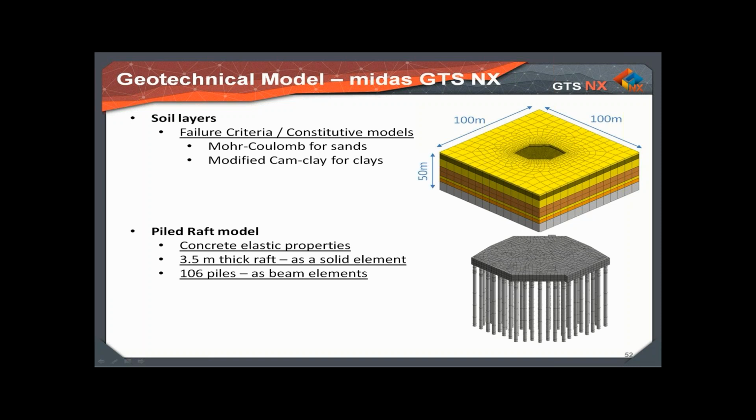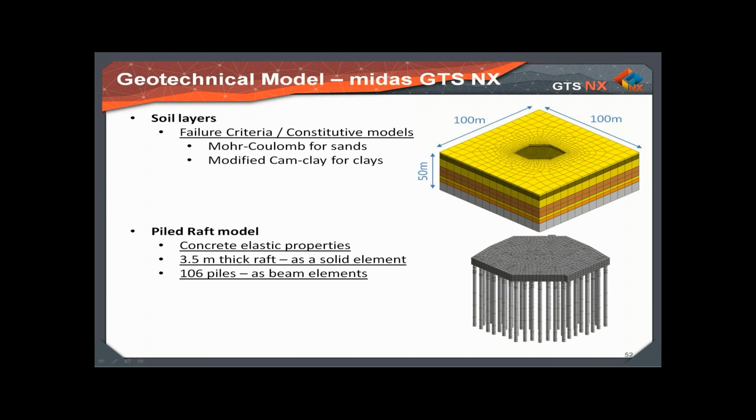For sand, the failure criterion used was Mohr-Coulomb, in which the result of the soil investigation may provide a good provision of values of friction angle. And for clays, the constitutive model used was the Modified Cam-Clay model, which is a more complex one, with some properties that are